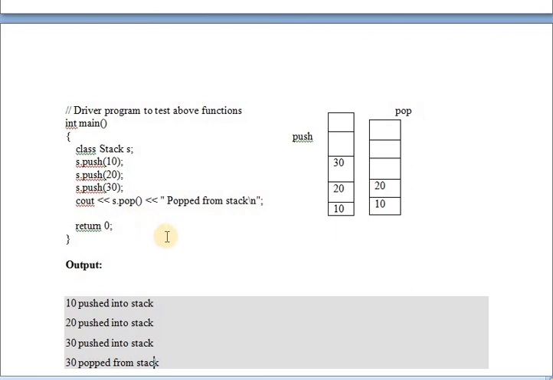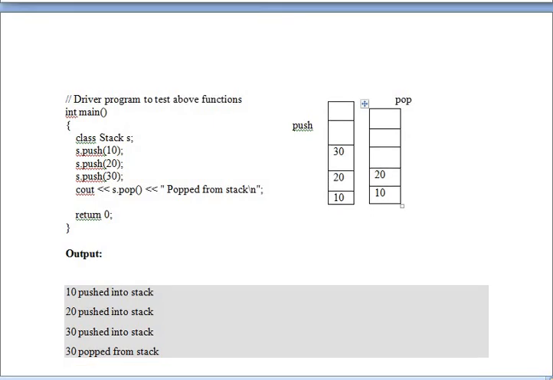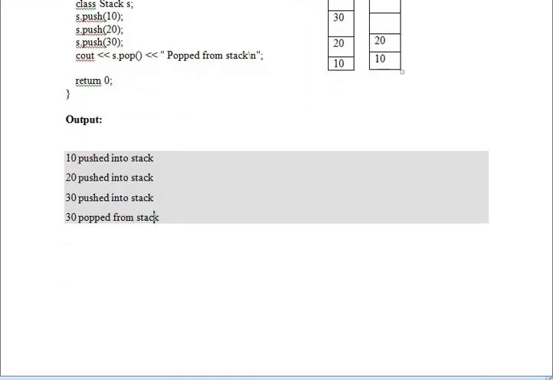Which element will be popped? 30, because which element entered last in the stack? 30. So that is last in, first out. 10 is pushed into the stack, 20 is pushed, 30 is pushed, and 30 is popped out from the stack. I have inserted 3 elements and deleted 1 element, that is 30. Last in, first out: what is entered last will be deleted first. This is push and this is pop. That's all for this class. In the next class we will see the